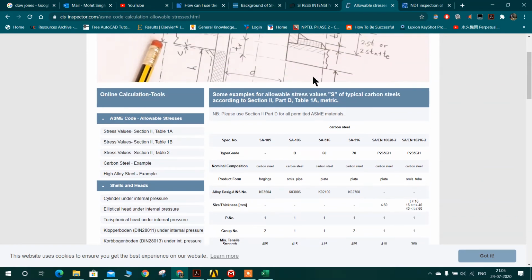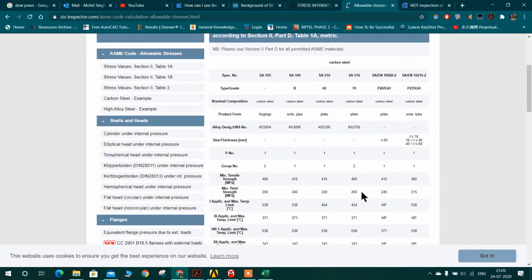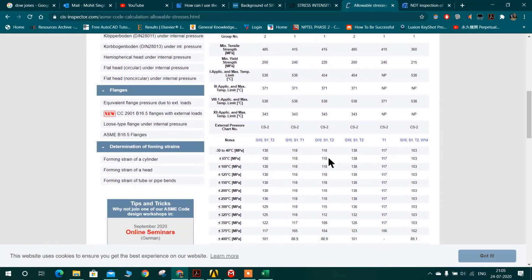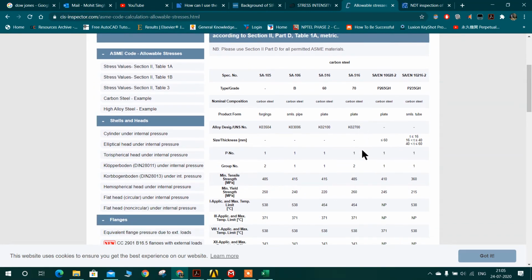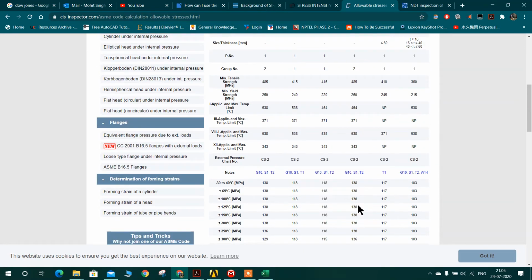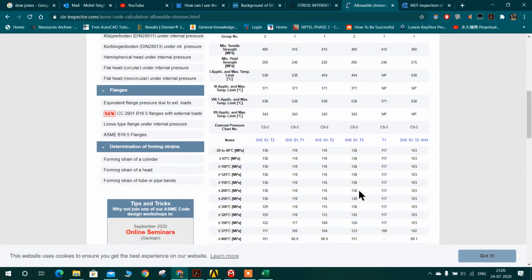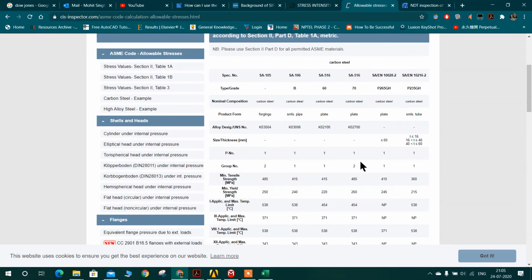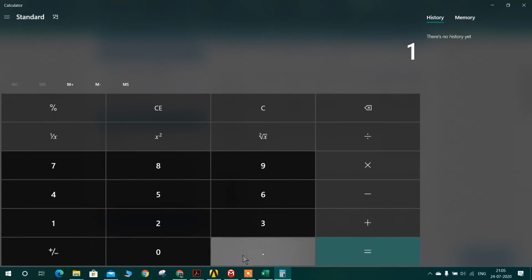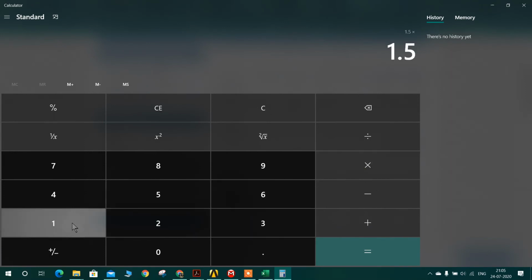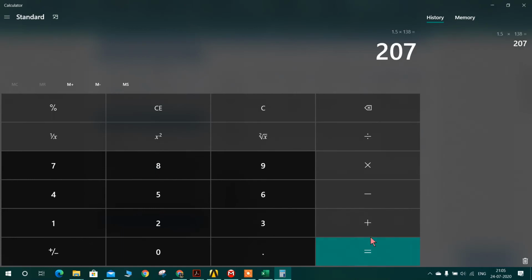The yield strength is around 260 megapascal, which must be at room temperature condition. So okay, we have the temperature, and these are the allowables. The allowable value, let's say at room temperature, will be 138. So 138 times 1.5 equals 207 megapascals.